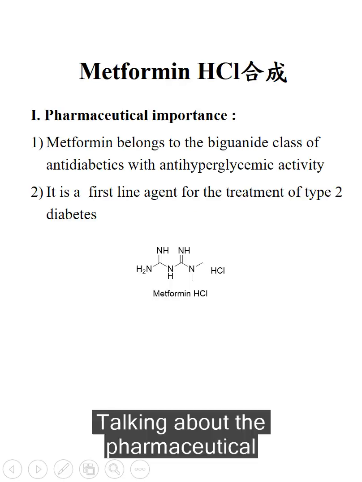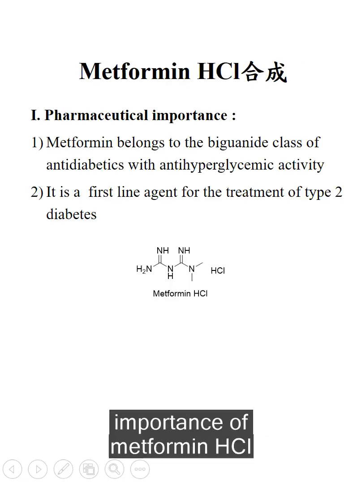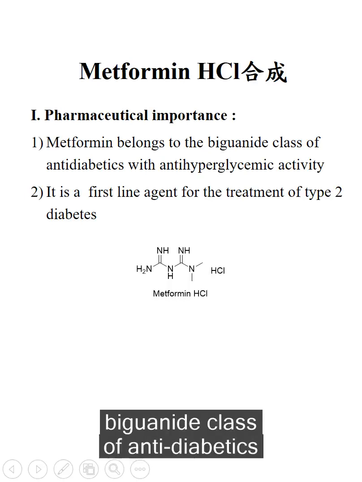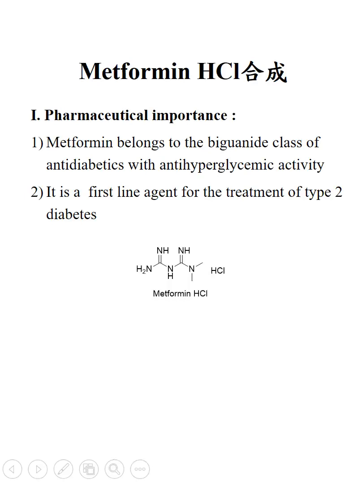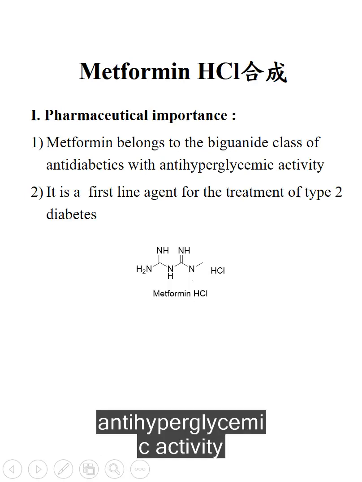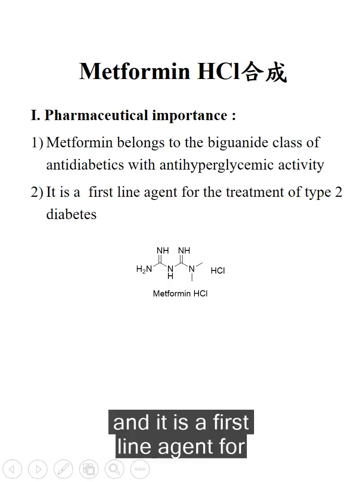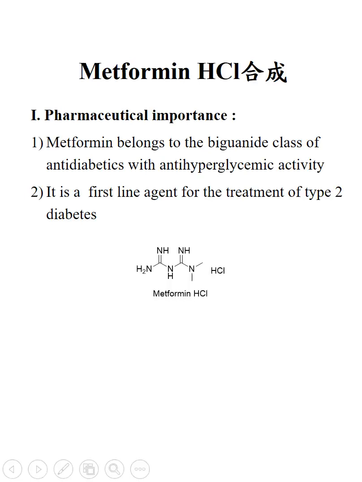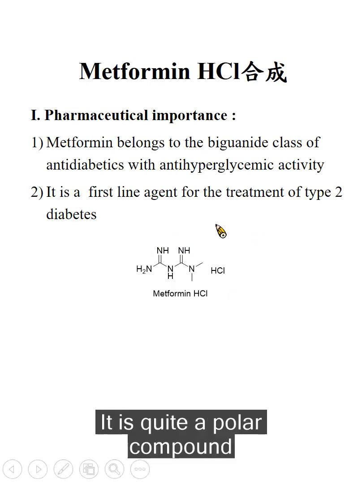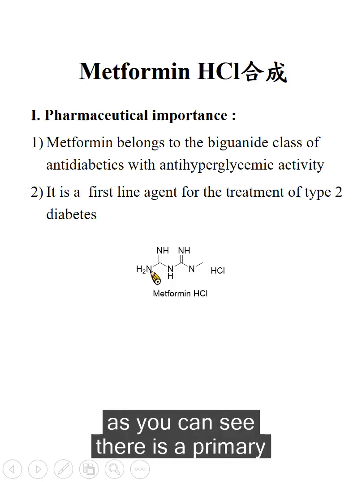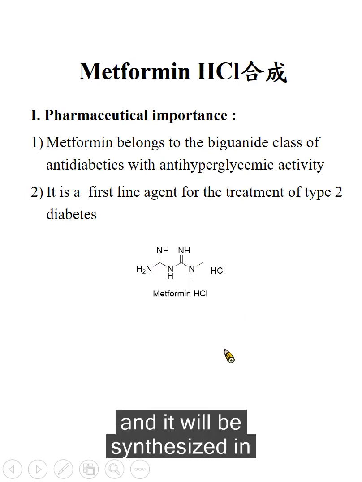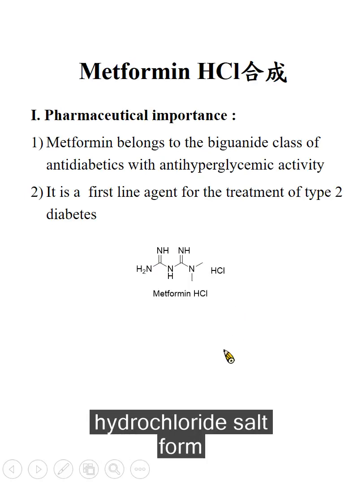Talking about the pharmaceutical importance of metformin hydrochloride, this drug belongs to the biguanide class of antidiabetics with anti-hyperglycemic activity, and it is a first line agent for the treatment of type 2 diabetes. This is the structure of metformin. It is quite a polar compound. As you can see, there is a primary amine, then this NH, and it will be synthesized in hydrochloride salt